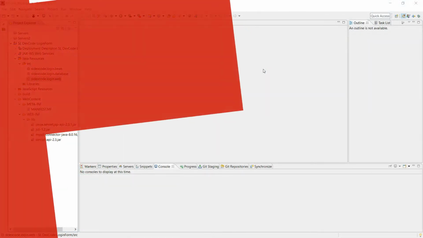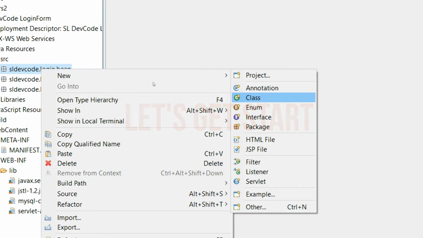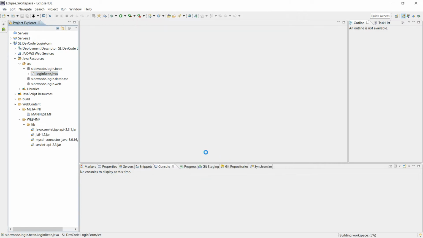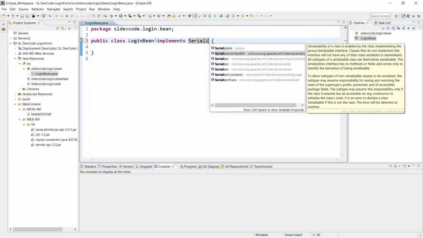So now I am going to create a simple login bean class. Now I am going to create private fields. I have to create two variables, username and password.